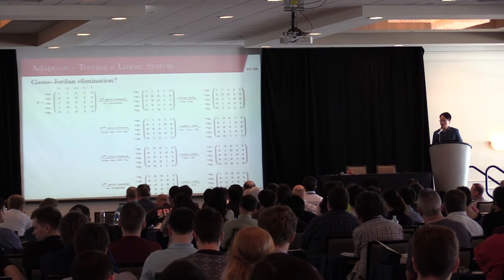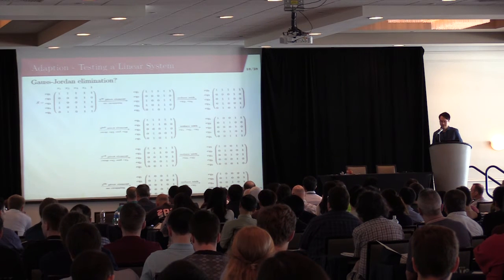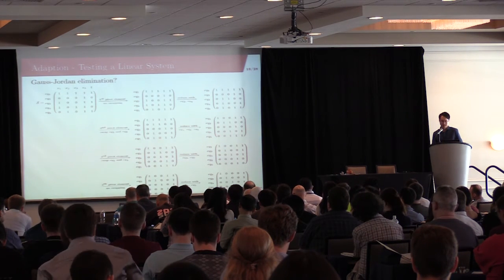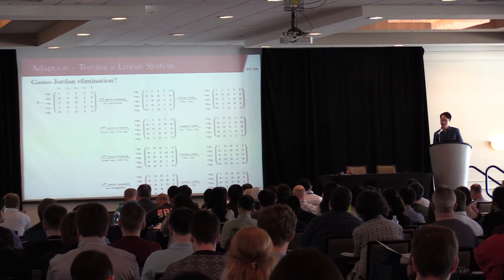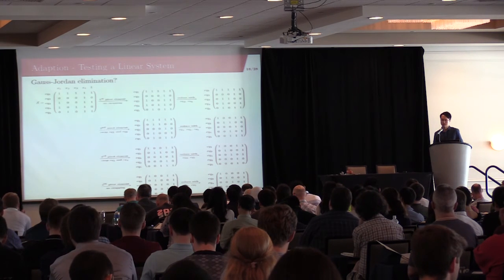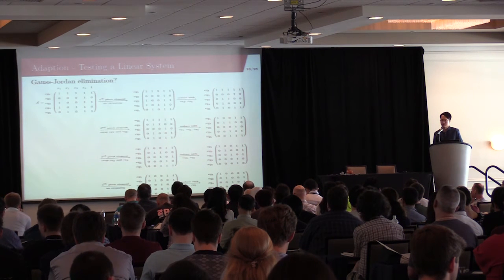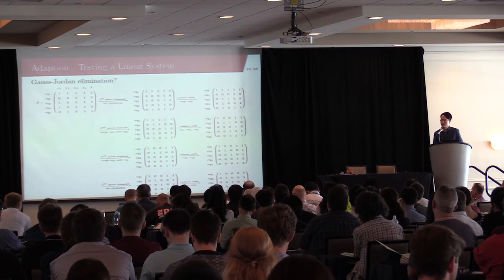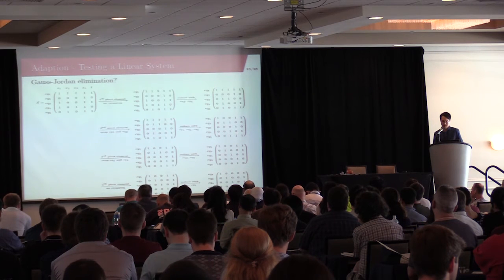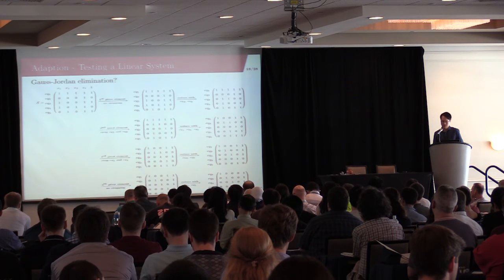So after we evaluate function f at the point, now the next question is, how do we test the solvability of a linear system? A simple idea is that we could apply Gauss-Jordan elimination, but this is not ideal for implementation, because